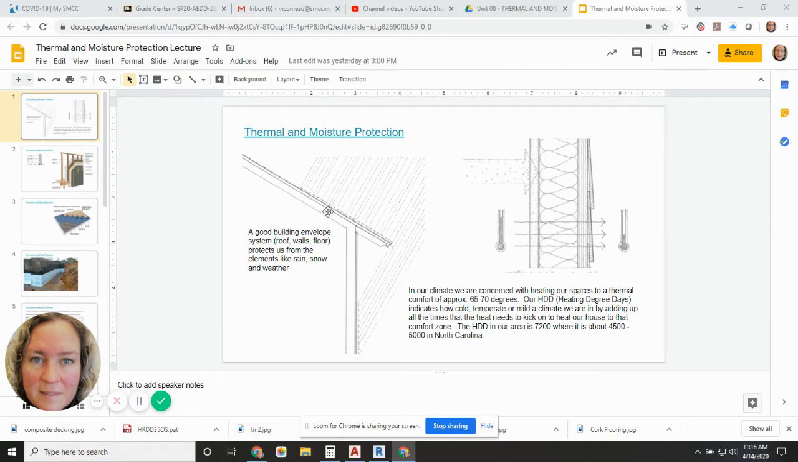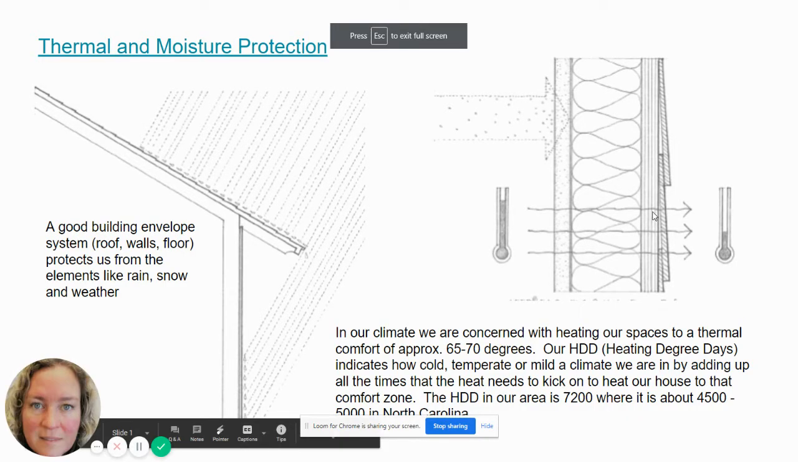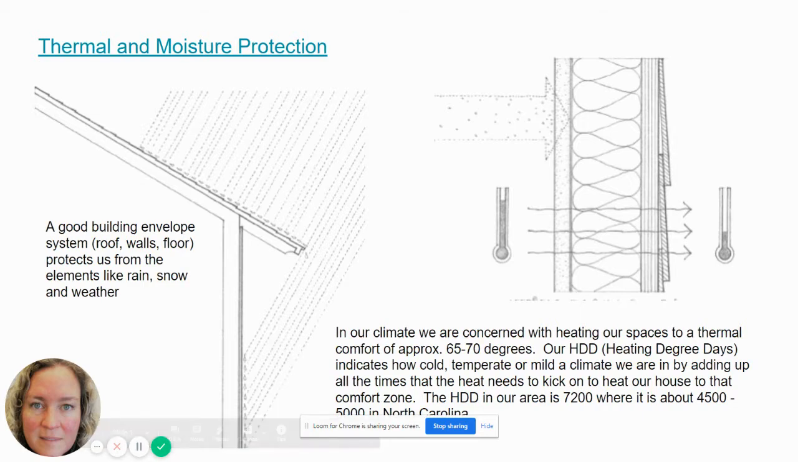So the envelope would be the roof or ceiling, the walls and the floors that surround us and that are insulating us from the outside. So here is just like an introduction to it right here. A good building envelope system, which includes the roof, the walls, the floors, ceilings in some cases, protects us